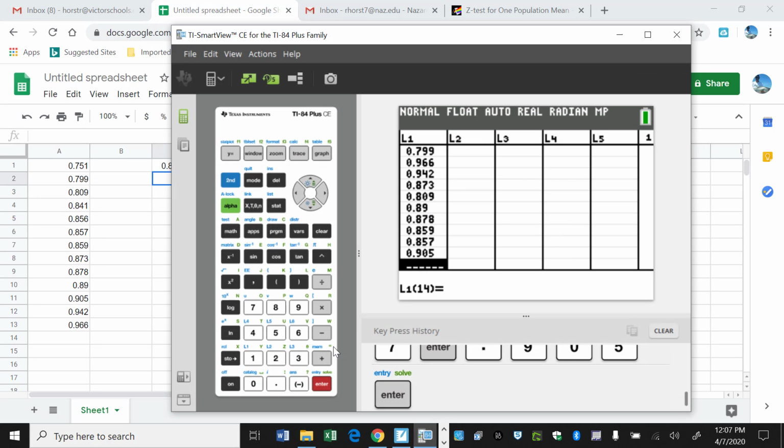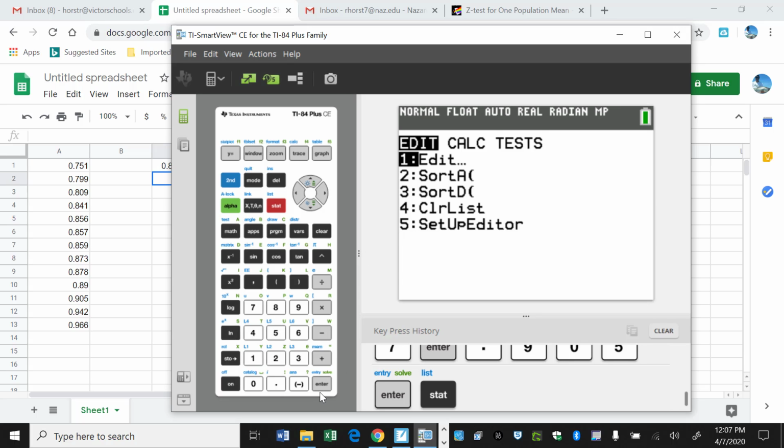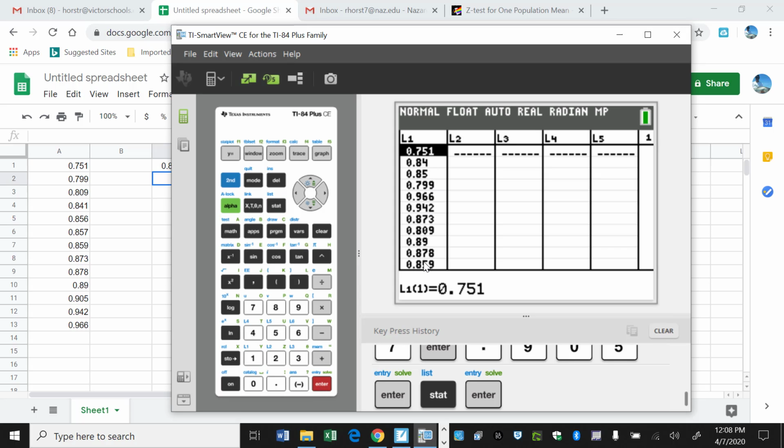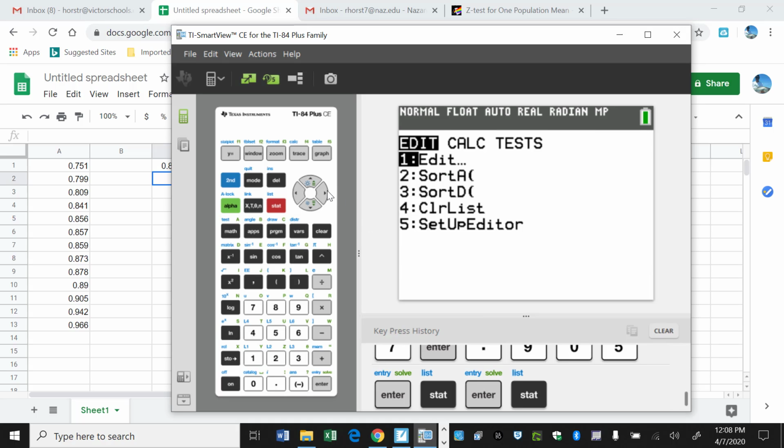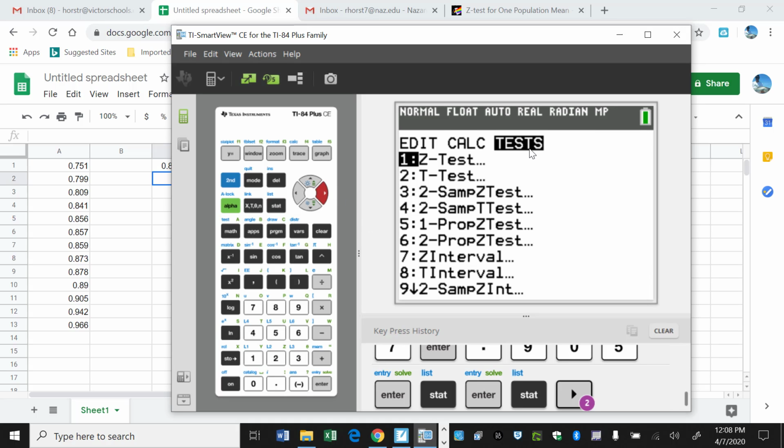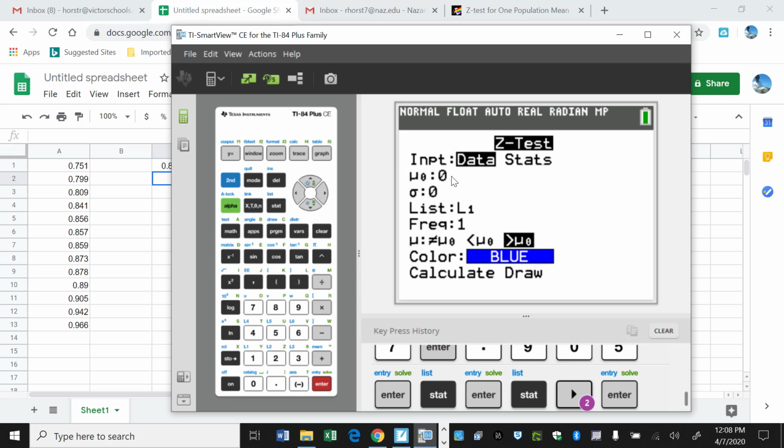One of the advantages of these TI calculators, if you still have one from your high school days or have access to one, is if you hit stat, edit, and put this information in a list, it will really do everything else for you. Once you go to stat, go over to tests. And what we're doing here is what they call a z-test. If you leave it on data and you're testing down here,